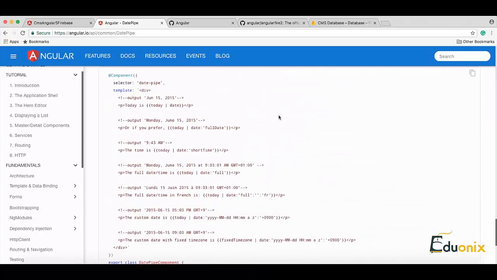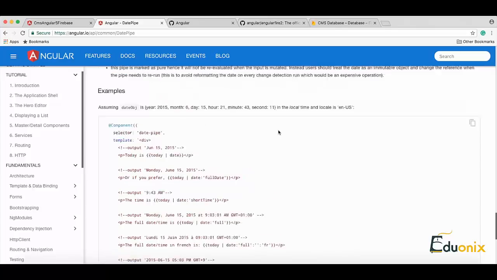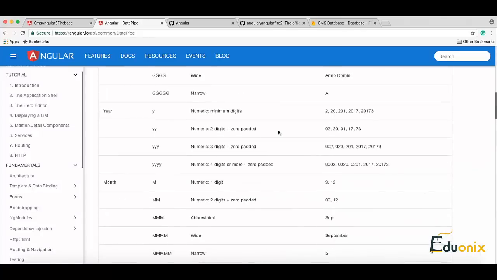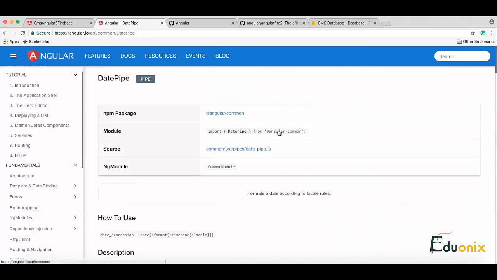And for example, if we put FR, we will get the full date in French. So this is a great feature which will help us to translate our application. And everything is very simple, just use pipe and use all these modules which we need, and you will get